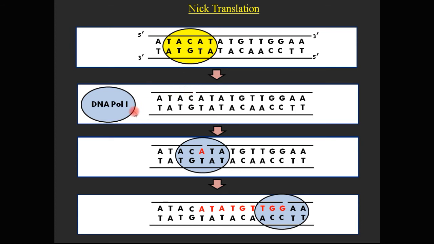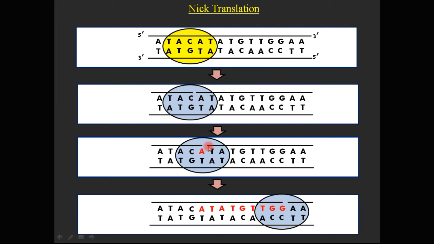After DNase 1 there is DNA Pol 1 which is going to act here. So now DNA Pol 1 is coming here, and what DNA Pol 1 is going to do is, because polymerase 1 is a repair enzyme, and it has got the 5' to 3' exonuclease. So using the 5' to 3' exonuclease, it is going to remove this base A, and then using the 5' to 3' polymerase activity, it's going to synthesize the base A. And since we have given fluorescently labeled nucleotides, or radio labeled, the new base we have shown as this red letter A. So you can see now the nick has moved from C to A.